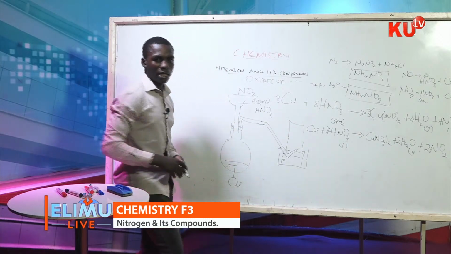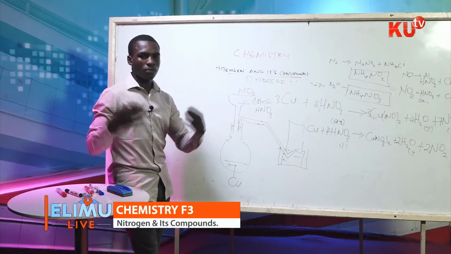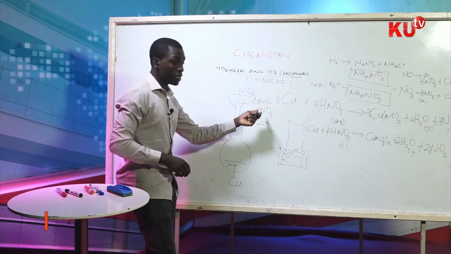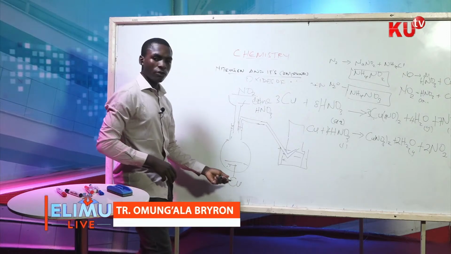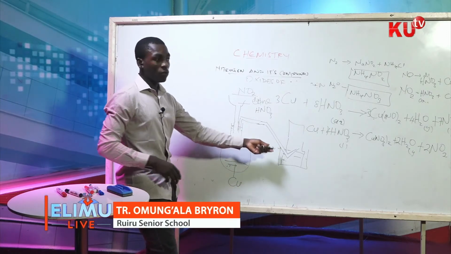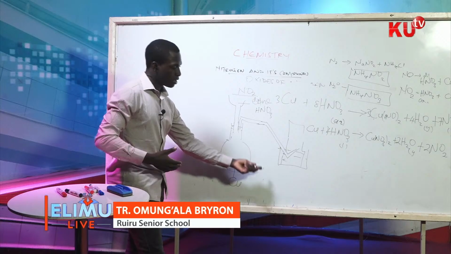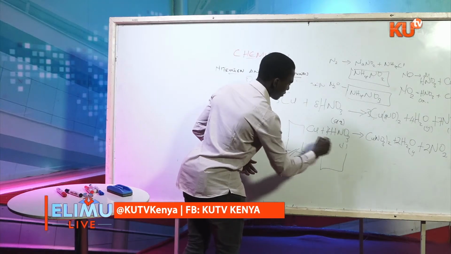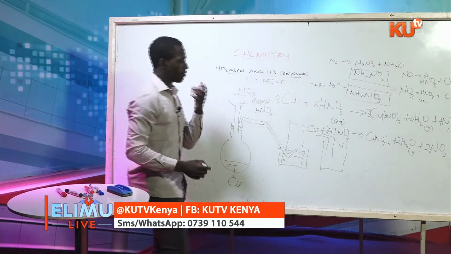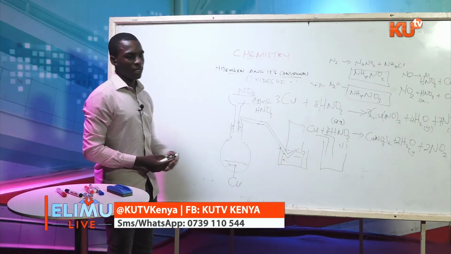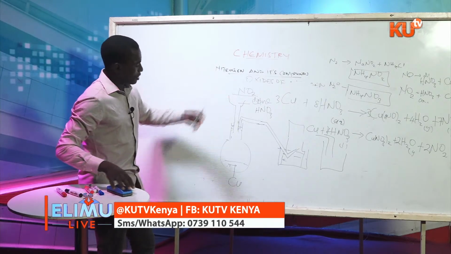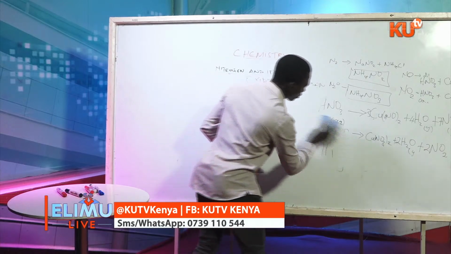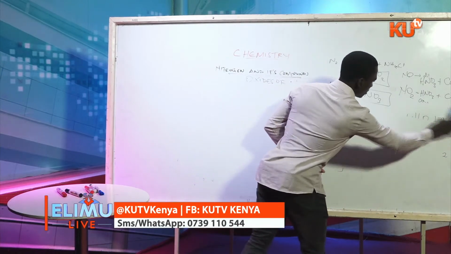And then for nitrogen 4 oxide, just like carbon 4 and sulfur 4 oxide, it's collected using downward delivery. So for this one, when using concentrated nitric acid reacting with the copper, the method of collection will not be over water, it will be collected using downward delivery. And the downward delivery method looks like this. This is the downward delivery method. So nitrogen 4 oxide will be collected using downward delivery. So apart from these methods of preparing nitrogen 4 oxide,